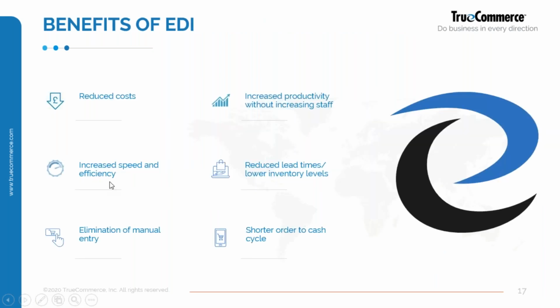So benefits of EDI, and these are why people invest in this. So you get reduced costs, and you've got certainly less people working on your supply chain, because a lot of it can be automated, and anything that can be automated should be automated if it's not causing any drawbacks. And the way we would see a lot of these business transactions is there is no drawbacks to doing it autonomously, and it should be taken up. So we're trying to increase that productivity without increasing staff. So the more business you take in, the better it is for you.